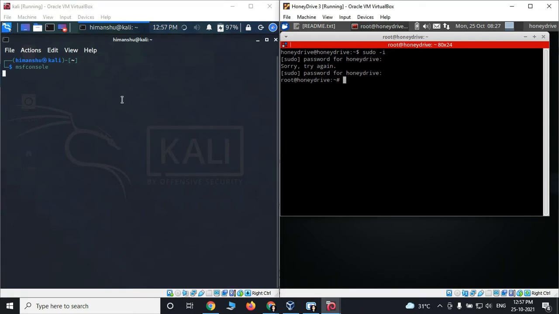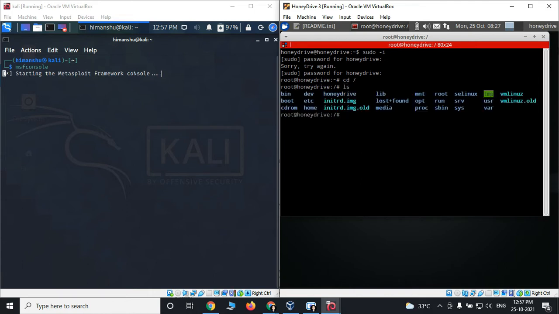I have started the Metasploit console over here, and I'm continuing to move into the directory. I'll be triggering some errors as well, which are common errors, so let's see what errors can be faced. I'll move into the Honeydrive directory, then let's see